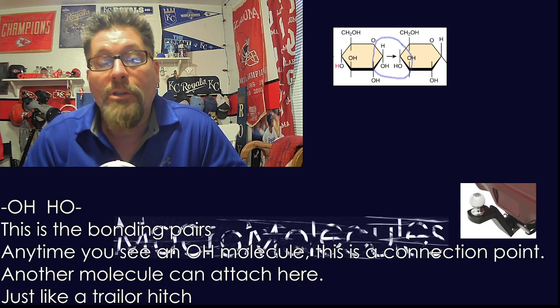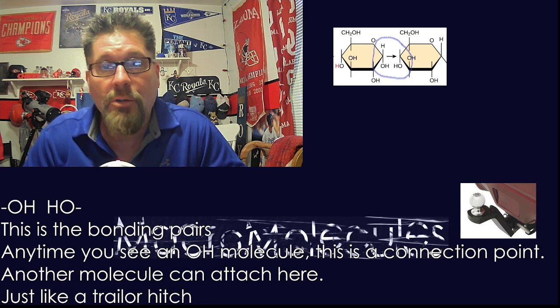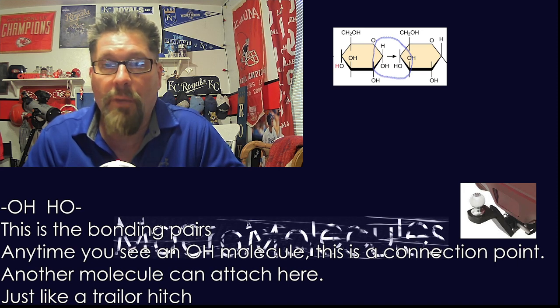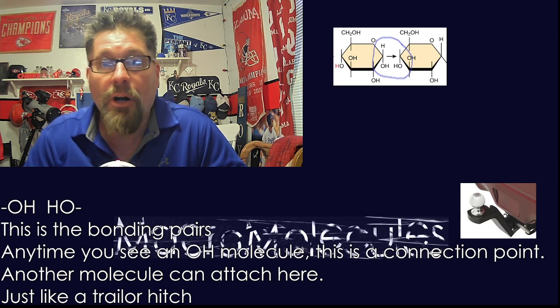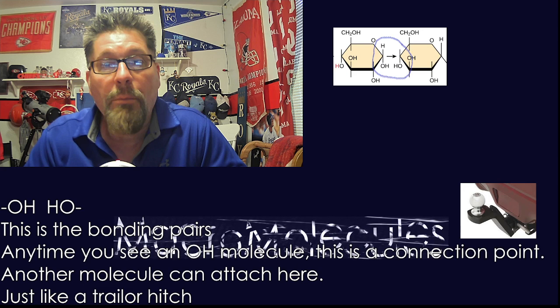Okay. Another context that you're going to hear a bunch in the coming weeks that you'll just need to make sure that you understand, and as we see it throughout the semester or school year, we will point it out, is the hydroxyls, the OH bonds at the ends of or along the edges of macromolecules. These are a unique bond, a unique point, because they're a bonding pair called a hydroxyl. But anytime you see this OH, you're going to recognize it as a connection point, a place that another molecule can come along and attach on.